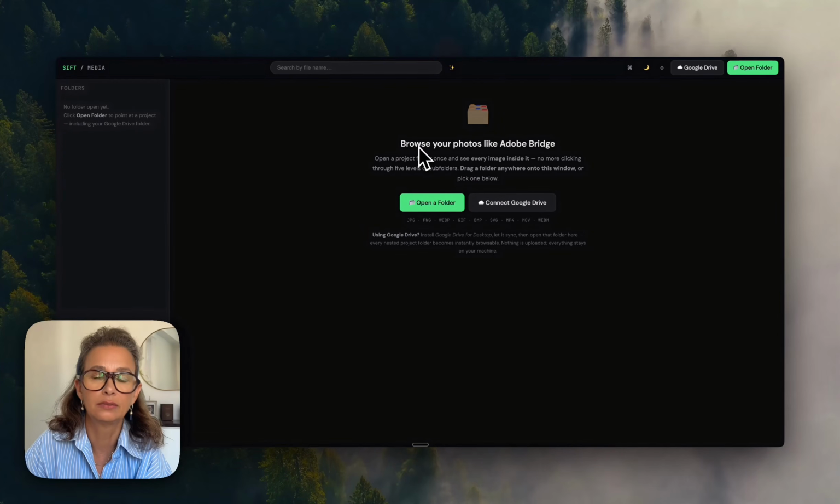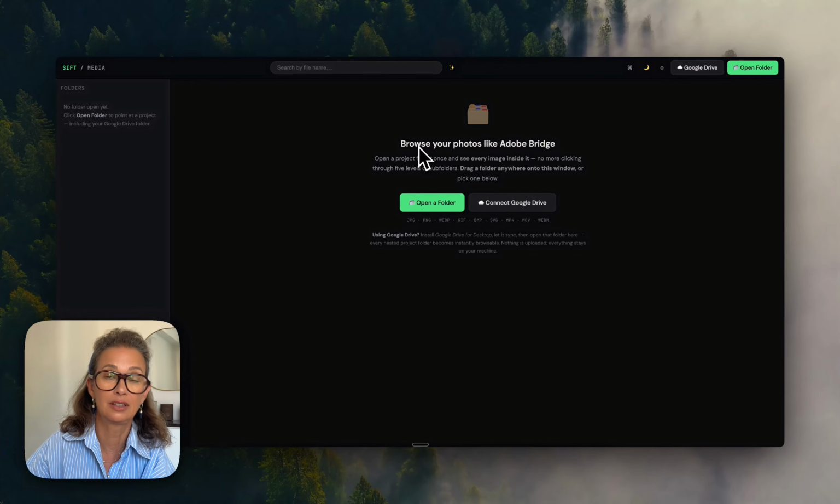How many times do you find yourself looking for images in your drive or on your local drive, and you have to click so many folders that are nested within other folders that it just takes so long and you actually cannot find anything? I run into this problem with my clients. They share Google Drive with me, especially e-commerce clients where they have so many images, and then I have to actually click after click after click because images are nested within folders,